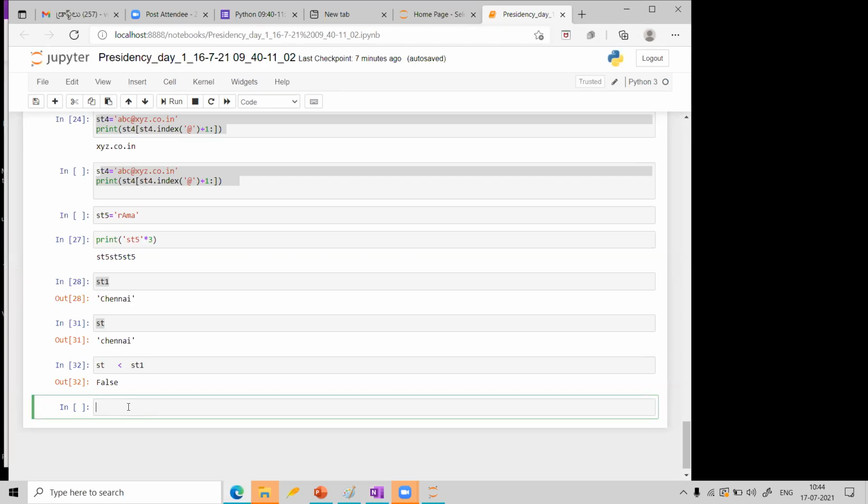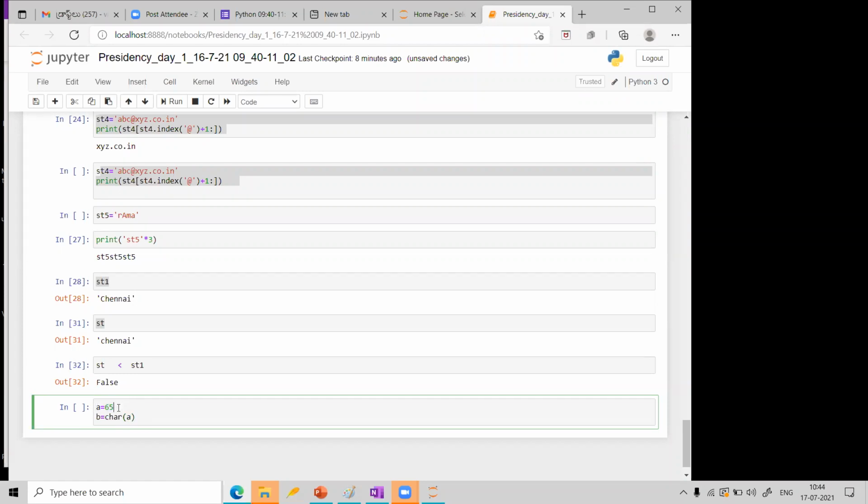I will try to show you. Suppose I will say A is equal to 65. I will try to show how that is coming. I want to say B is equal to char of A. I am converting that A. Actually, A is integer.